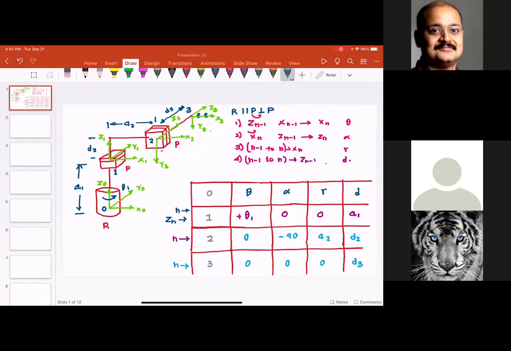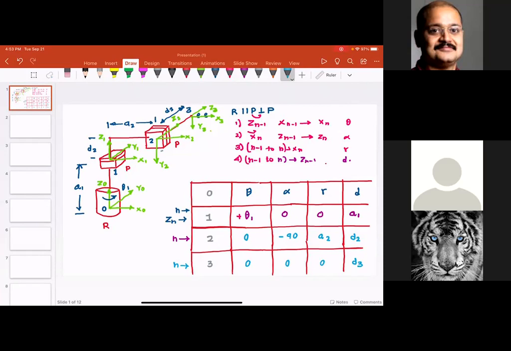Why is the first one theta? Isn't x0 not aligned with x1 already? Yes, it is aligned, but not for all the values of theta. So imagine it's slightly offset. Theta is changing. For theta 1 equal to 0, they are aligned. But if theta 1 is non-zero, they are not aligned. So to align them, you will have to rotate by theta 1. That relationship has to be valid for all the actuation angles and actuation variables.